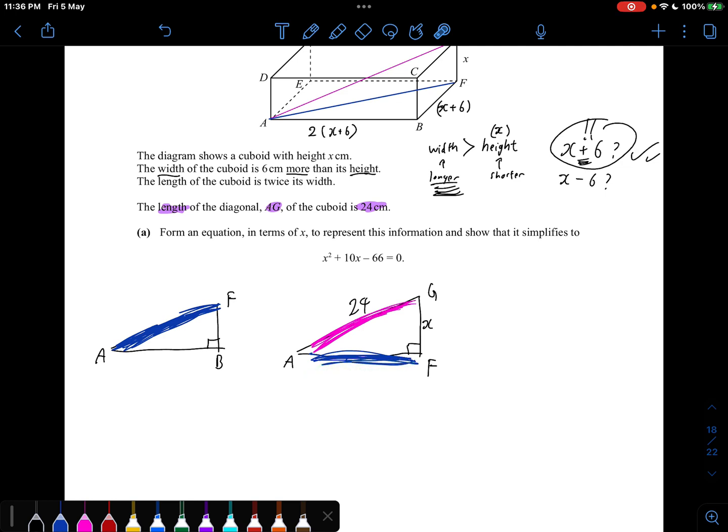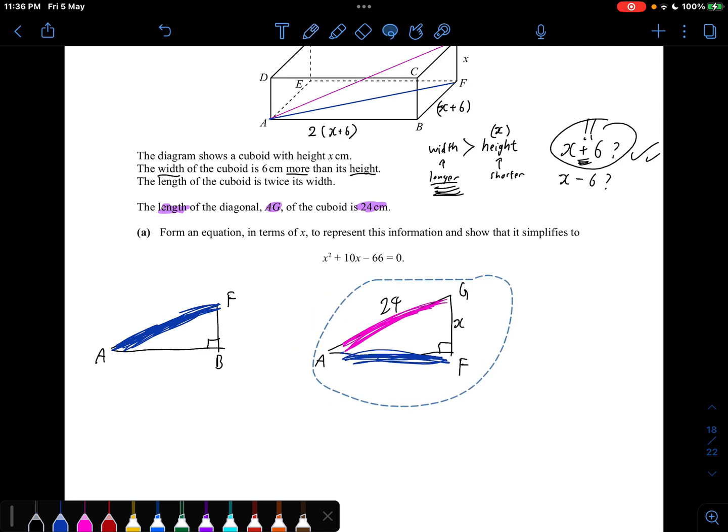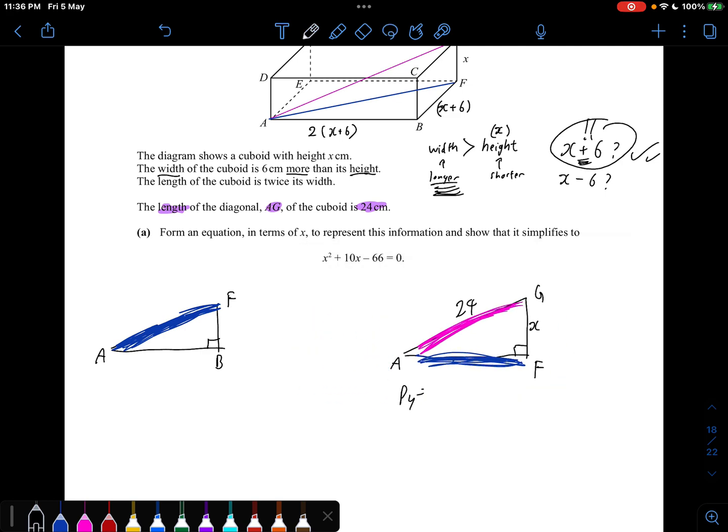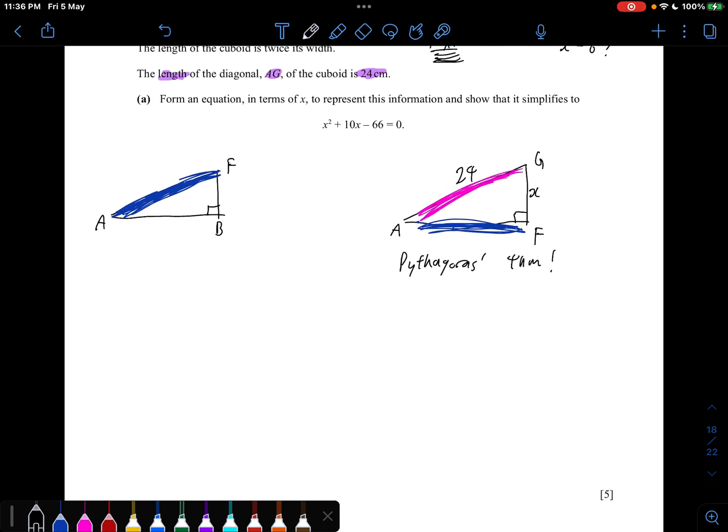So in that case, if this has two lengths already, can we figure out an expression for AF? Yes, we can. So what rule can we use? Our theorem, Pythagoras, right? So what's the equation we can form? Using a two-letter notation for the length, we can say AF square plus X square equals 24 square, right? Good. So let's just make AF square the subject. So we get 24 square minus X square. Notice that we are not making X the subject because over here,